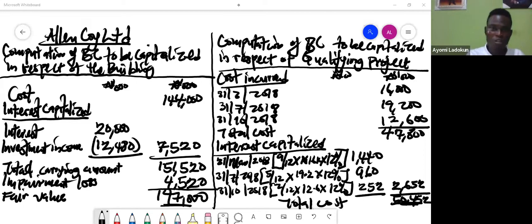Okay, thank you very much for helping me to compute. So that's it. I just wanted to appreciate how it is being computed. So that's why I was doing that. And that is the end of IAS23. So please take your time to solve that. Okay, and look at IAS23 in totality in case the examiner decides